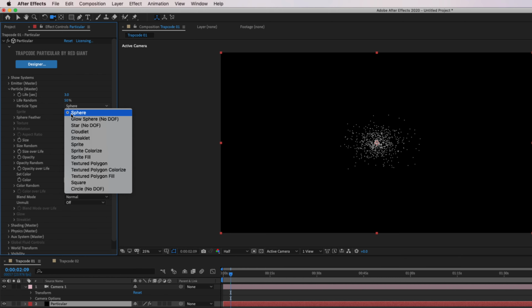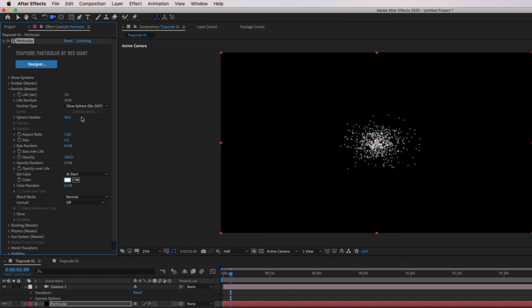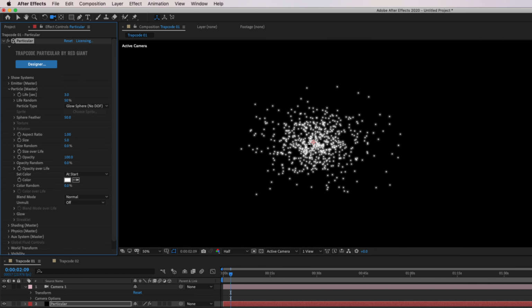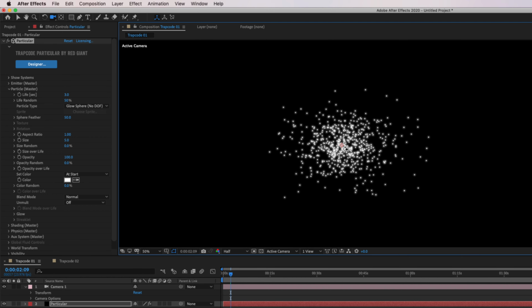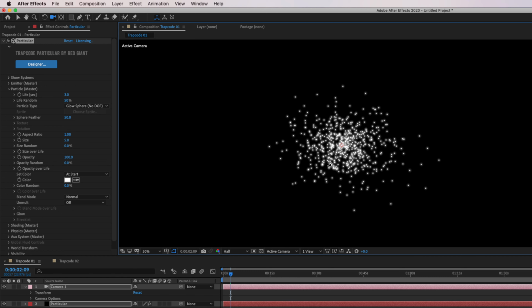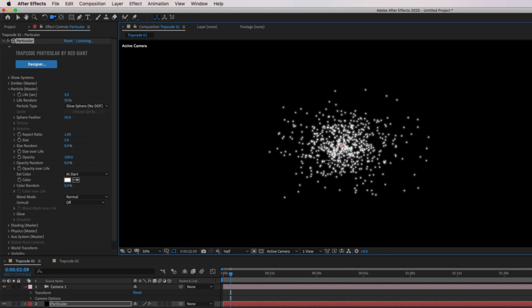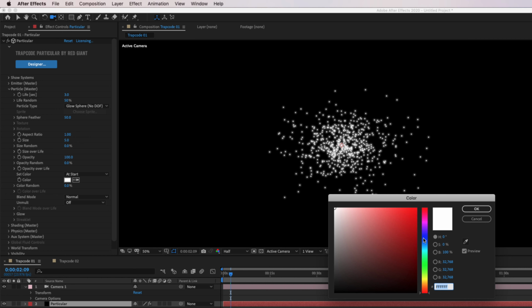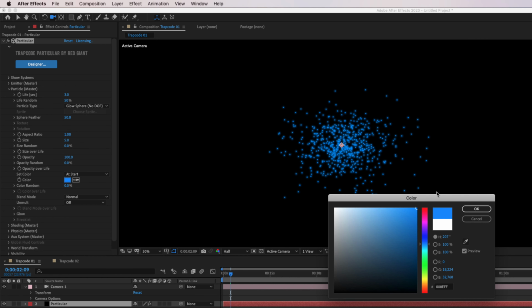down to the particle type and hit glow sphere. As you can see now, our particles have a glow around them, so now they shine like they are intensely heated. Now we're going to want to change the color to, well, you can change it to whatever you want. I'm going to change it to kind of this medium bluish hue. Hit OK there,